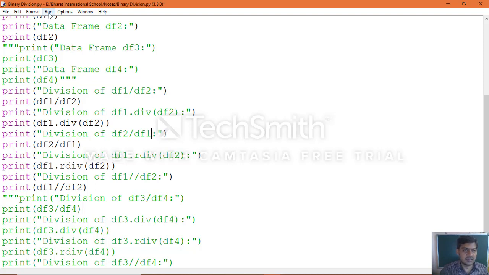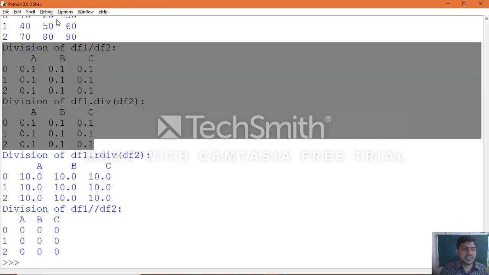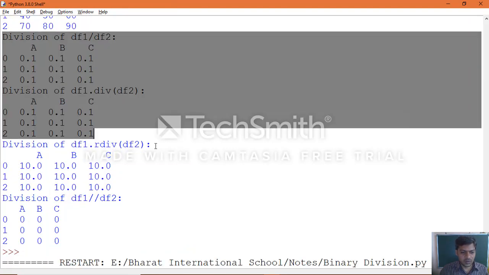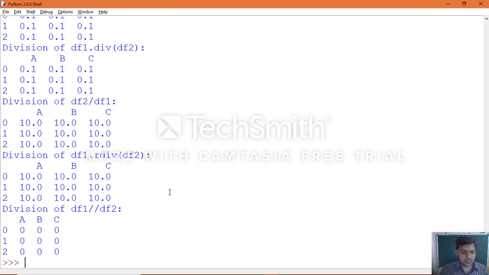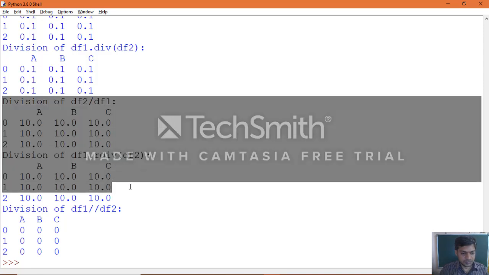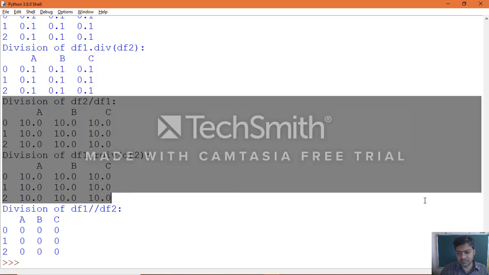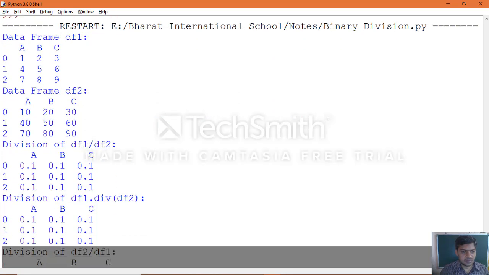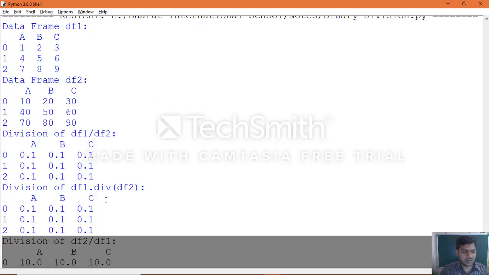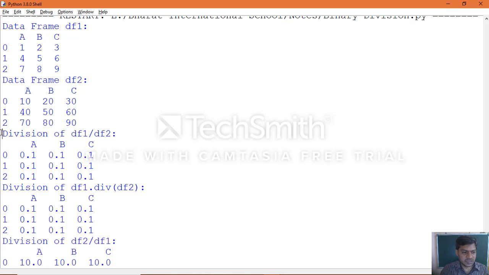Let's see now again. Save the application, execute, go to run menu and run module. Yes. Now we see these two sets of statements, one result, which means same result, and the other two sets of statements, see the result, same.